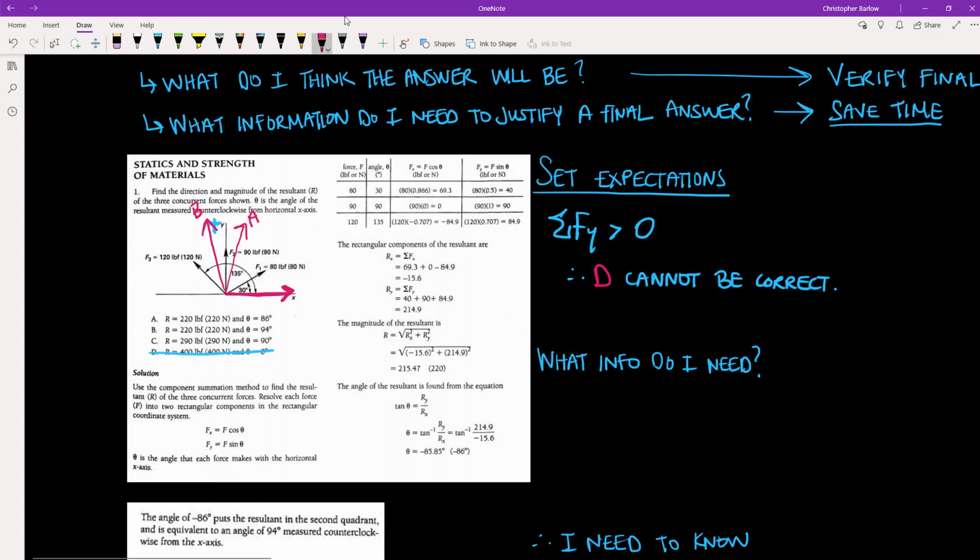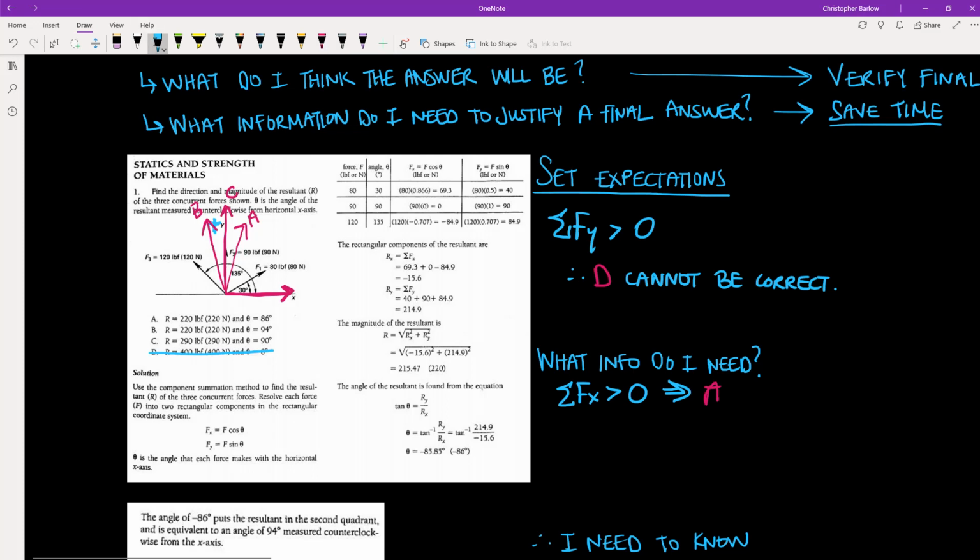And lastly, C is exactly 90 degrees, and so it would lie along the vertical axis. So if those are our three choices, what information do we need in order to justify a decision? Well, if we looked at the sum of the forces in the x, if we found that that value were positive, then that would mean that the answer is A,